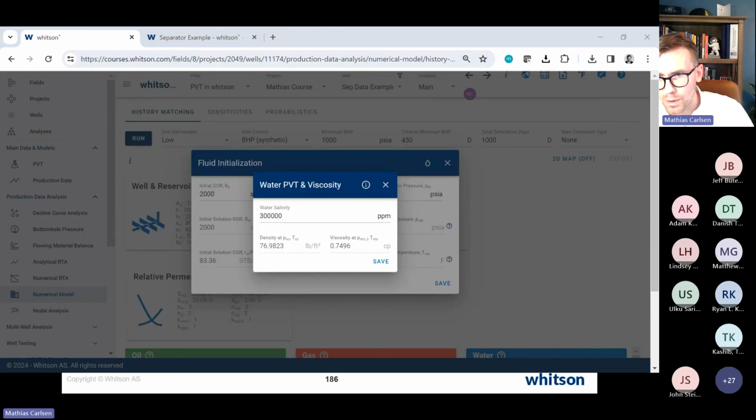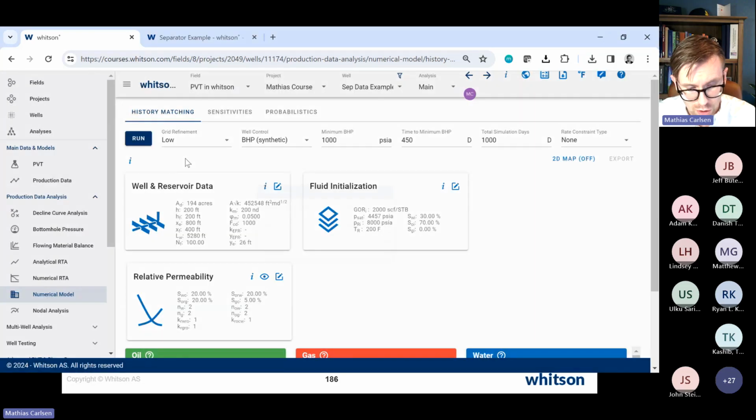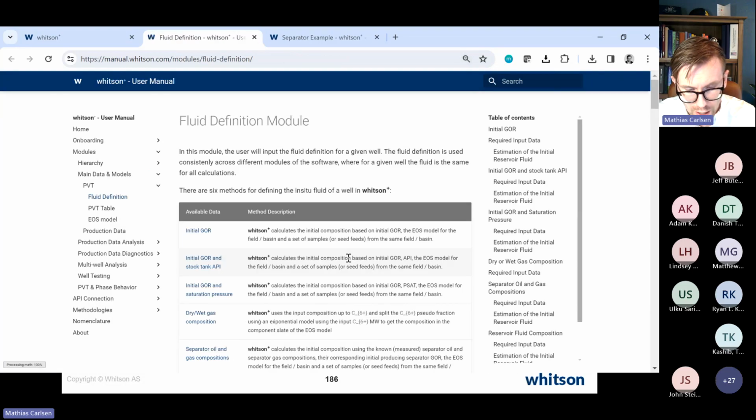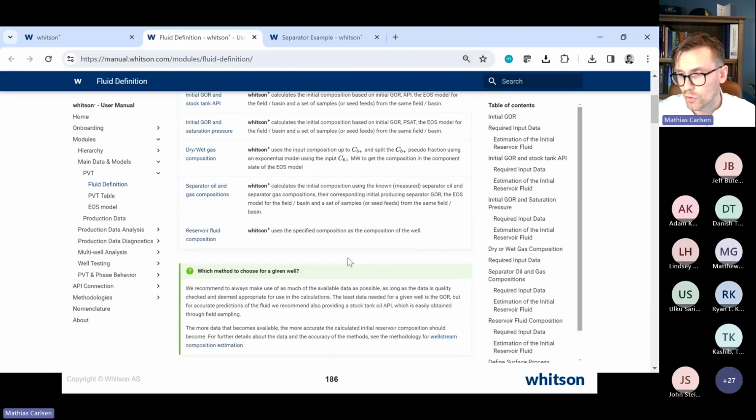I don't have a hard stop, but I didn't want to go through more in the course today. Hopefully this has taught you that all the stuff in the software when it comes to PVT is really rigorously thought about and derived. I think there's nothing more rigorous than these equation of state models that are being used. And it's not a black box. Everything here can be accessed and read about in the software, especially in the manual. Up to the right in the software, you have a question mark, and you can read up on all the different methods, what the assumptions are,